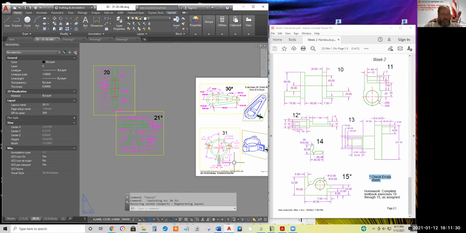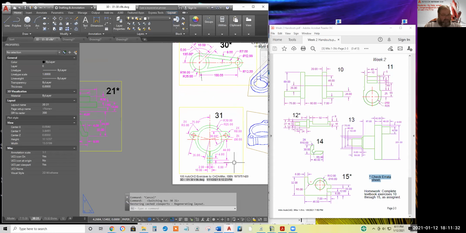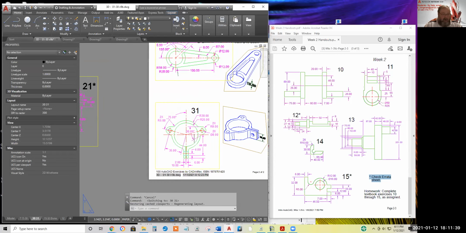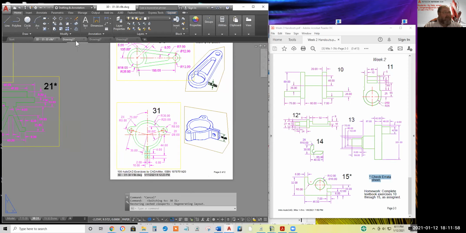Which one you want me to do? All right, I'll do 31. I think that's about as hard as they get. Rats, I don't have a PDF of it. Not a problem. I'll close